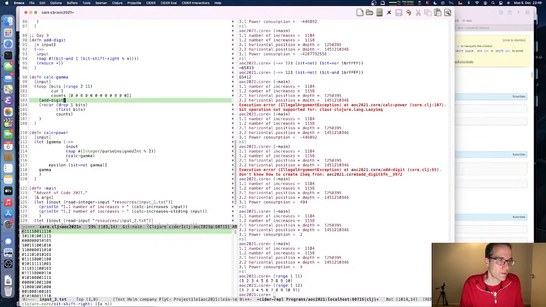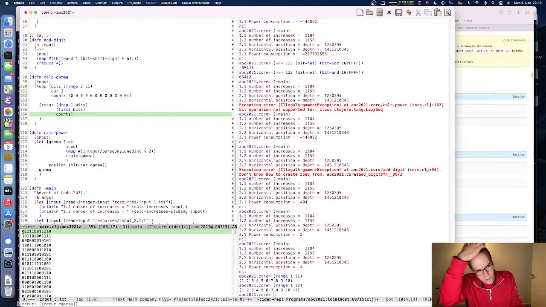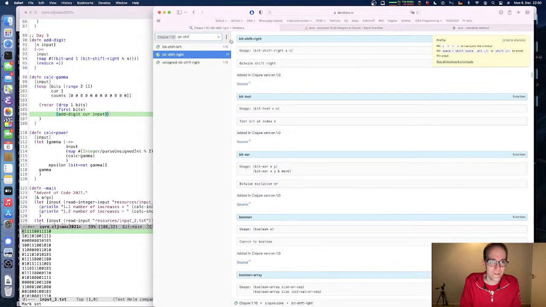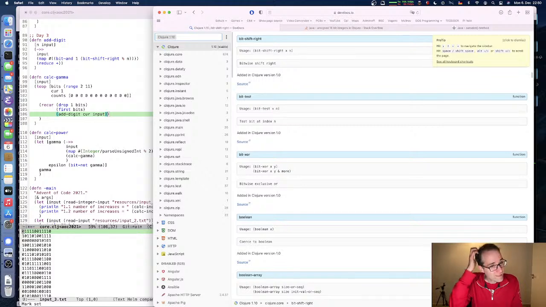Okay, so we can call add digit on the current bit using the input. And actually, instead of counts, we have to put this somewhere in here and mutate that count vector. And we can do that by